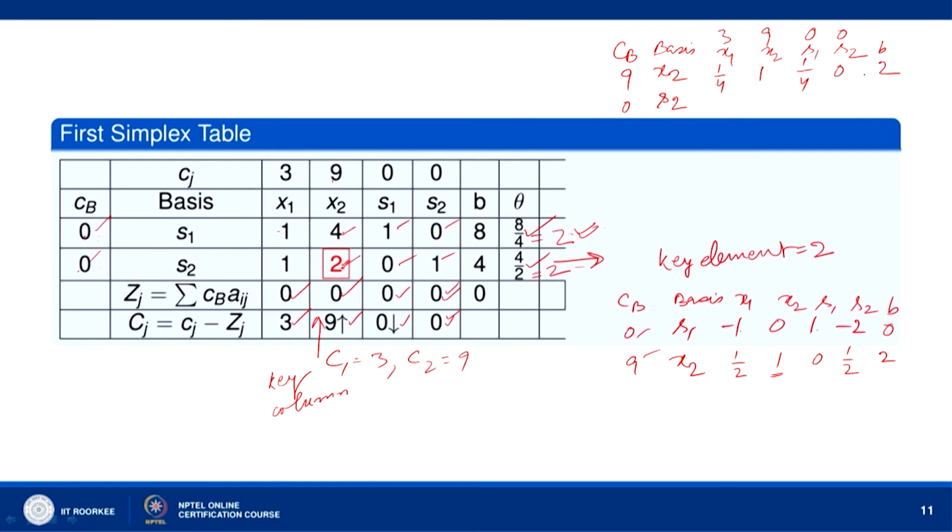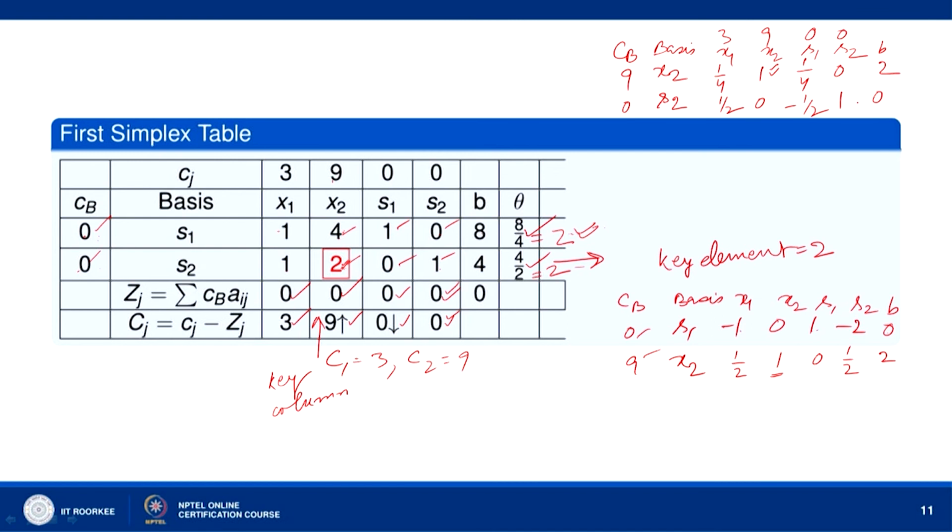Now, with the help of this element 1, we make this element 0. So, we multiply it by 2 and subtract from here. This 2 by 4 we subtract from 1, so we get 1 minus half, which is half here. Then 2 minus 2 is 0, then 0, and here it is 1 by 4, so multiplying by 2 we get minus half here. And we are multiplying by 2 and subtracting, so this will remain 1. This will come 4, and 4 subtracted from 4 gives 0 here.